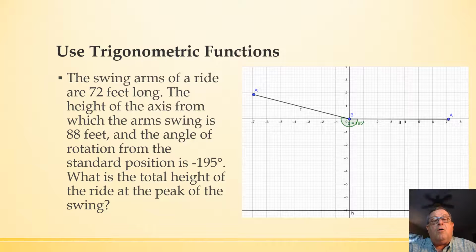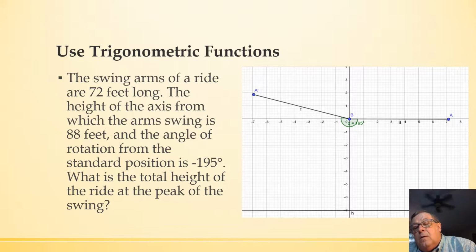It says the swing arms of a ride are 72 feet long. The height of the axis from which the arms swing is 88 feet, and the angle of rotation from the standard position is negative 195 degrees. What is the total height of the ride at the peak of its swing? Wow. Okay, you might say, what in the world? Well, let's see. Let's imagine, if we will,